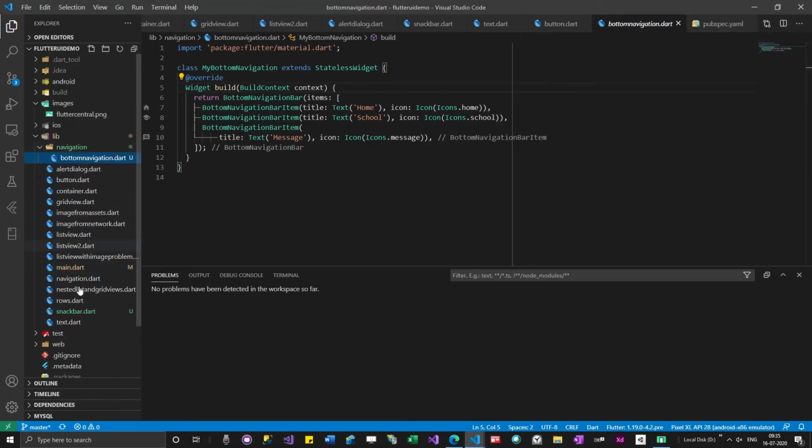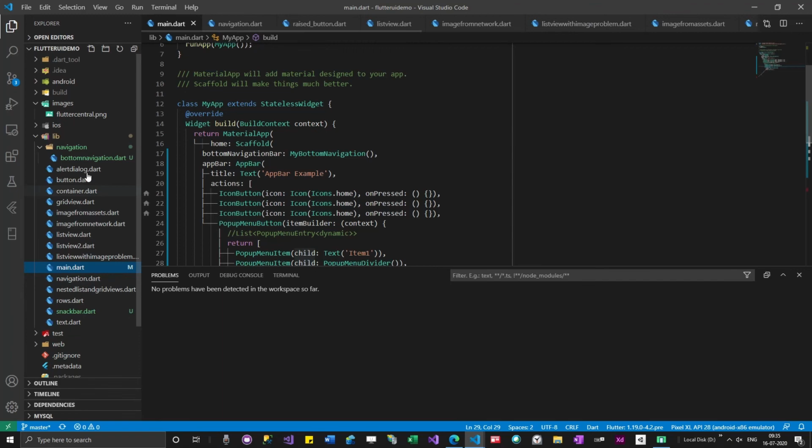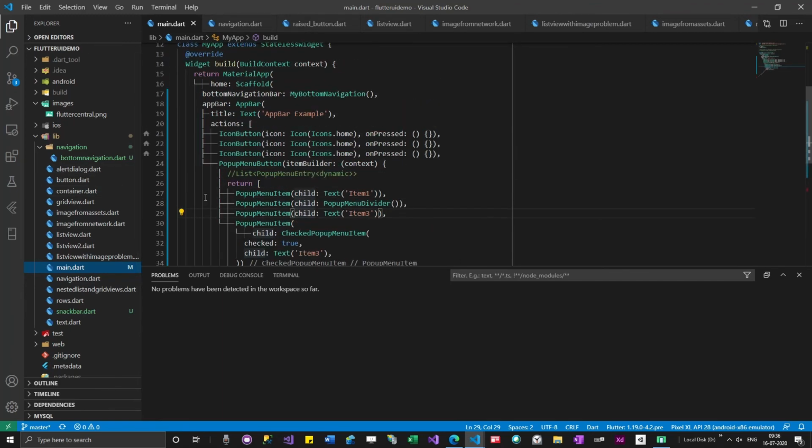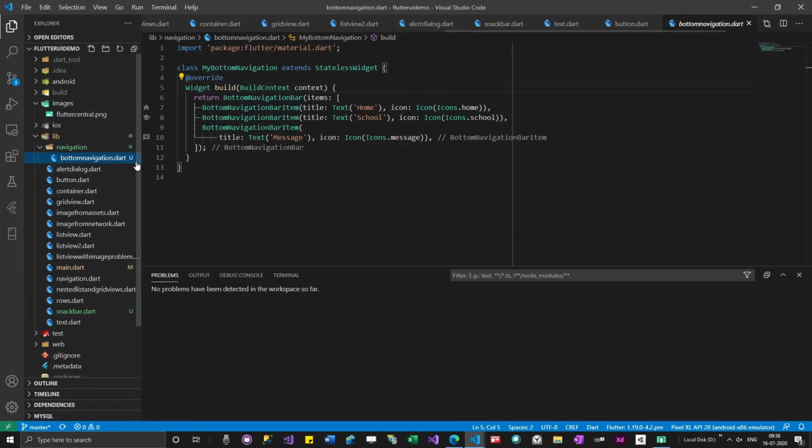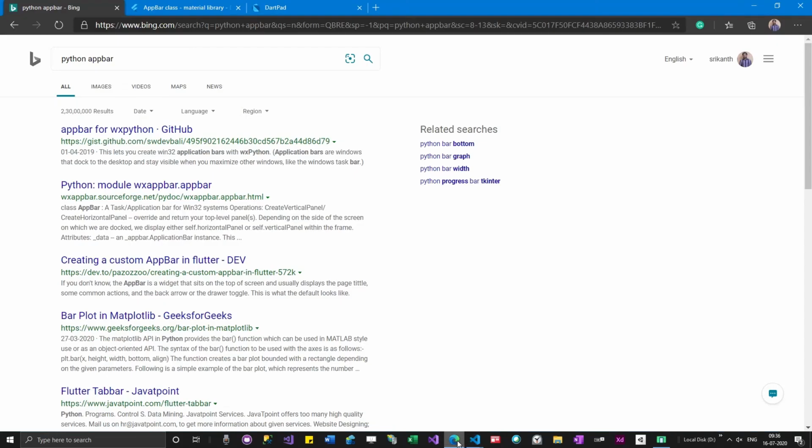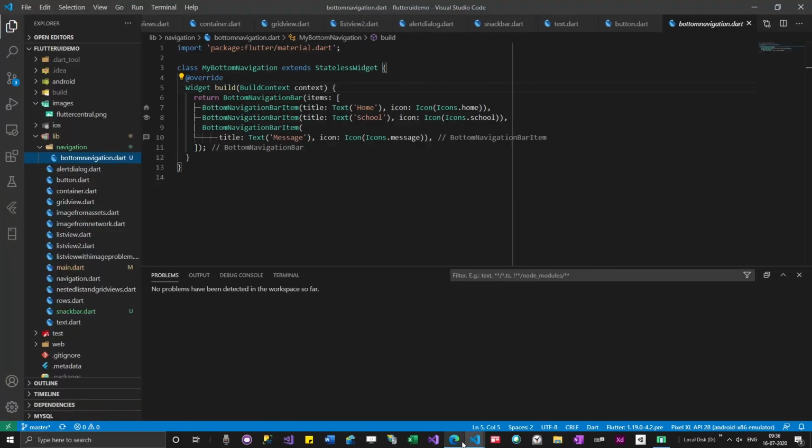So over here, I'm going to upload this, everything is available over here. And if you see, I have added the bottom navigation bar to a separate file, in order to help you with modular code. So guys, if you're trying more examples, try to add more files over here and push that into the code base so that we'll have more examples available, so everyone else can share their code there also.